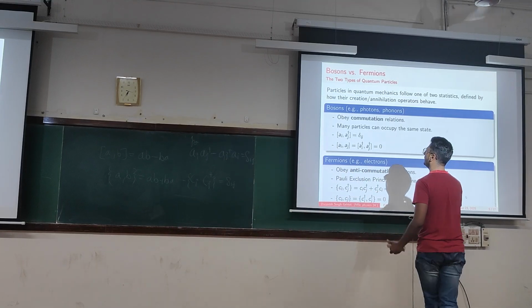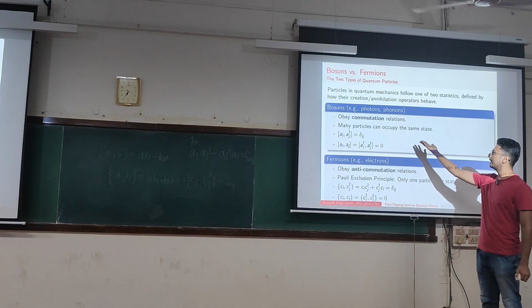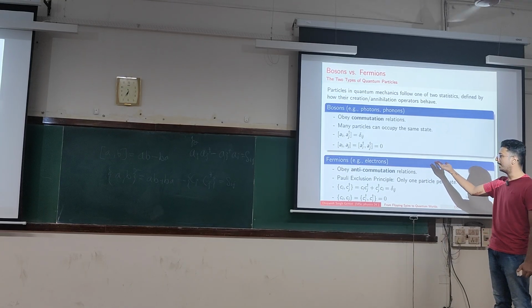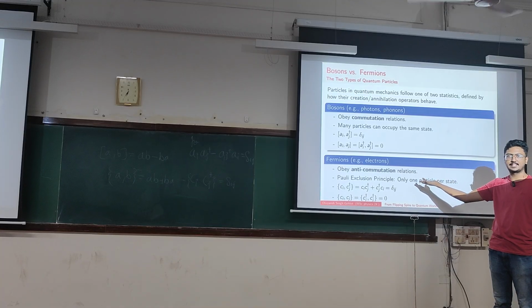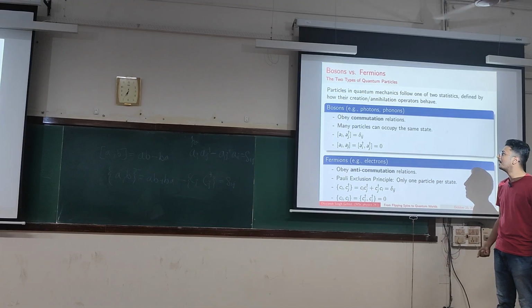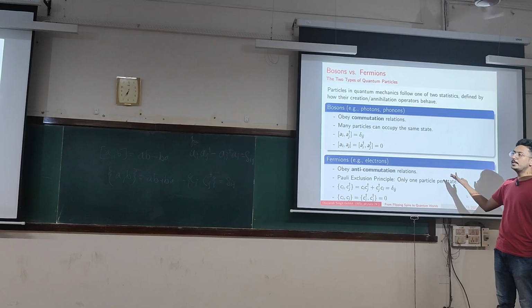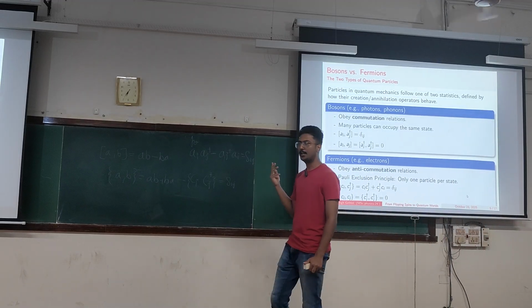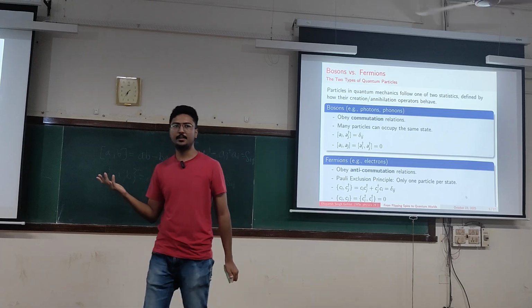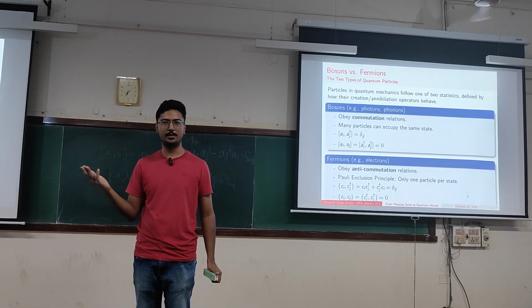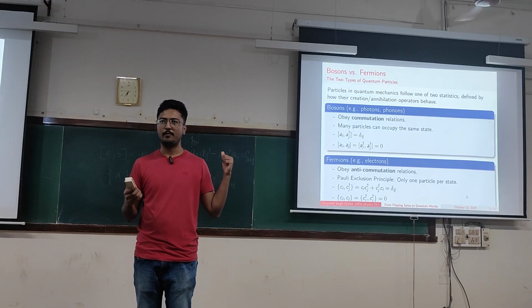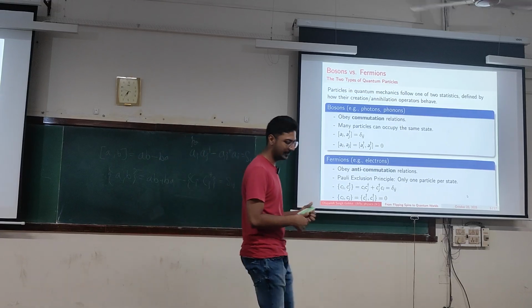So as you can see, for bosons, any number of particles can occupy one state, and for fermions it follows the Pauli exclusion principle. So why do we need this? Basically, when we write the interaction Hamiltonian for a spin chain, we want to solve it. But we cannot solve it. So I will just show the